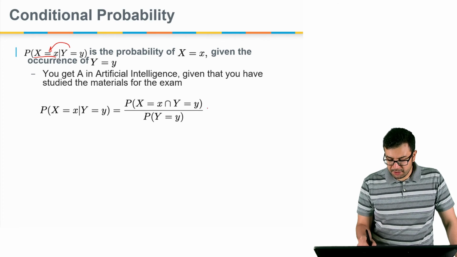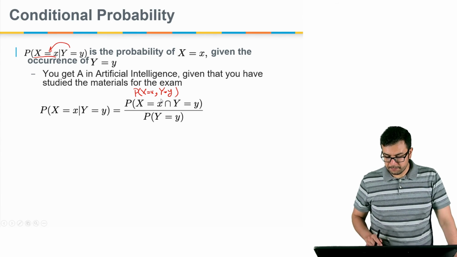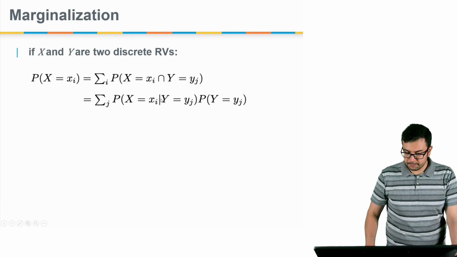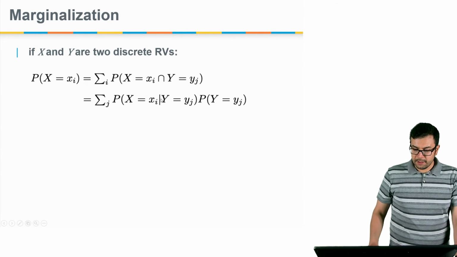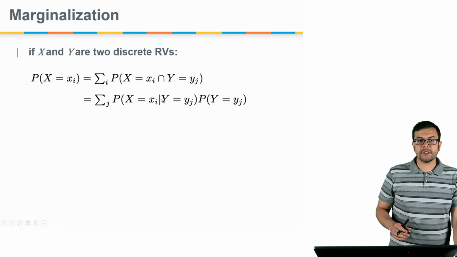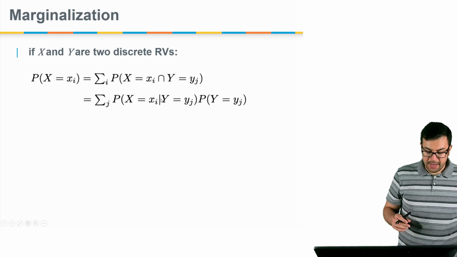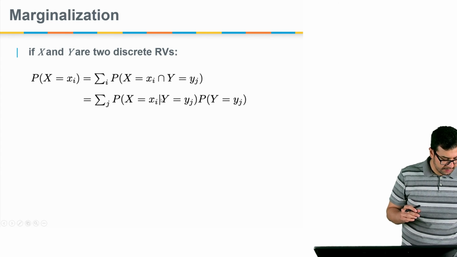And as we mentioned, for simplicity, you can write the top part as X = x, comma, Y = y. Now if X and Y are two discrete random variables, the probability of xi, x is a specific event,